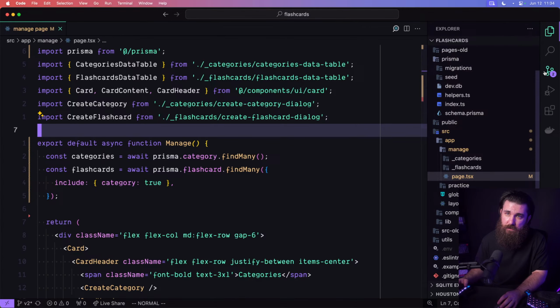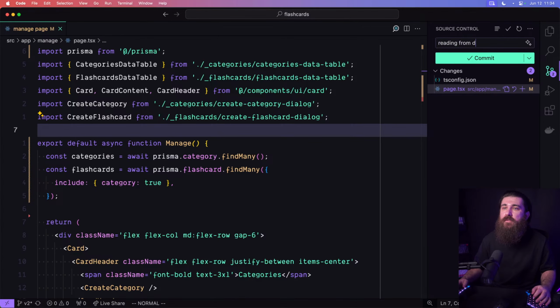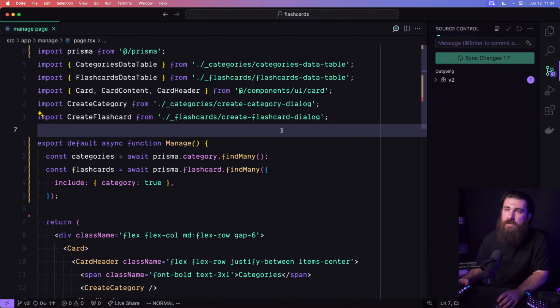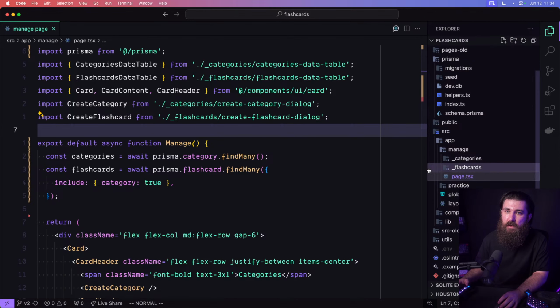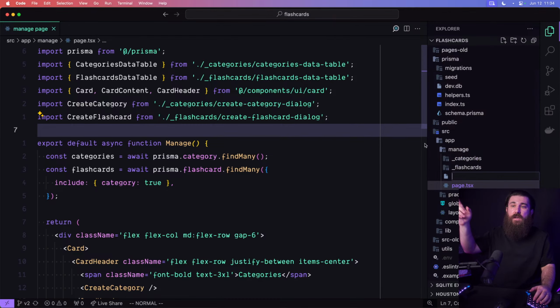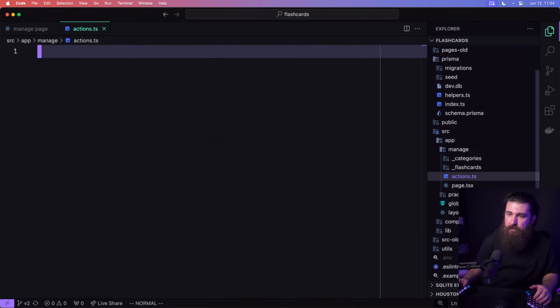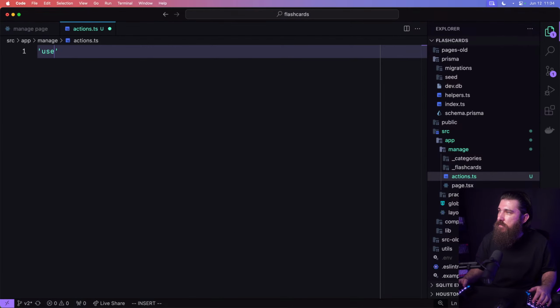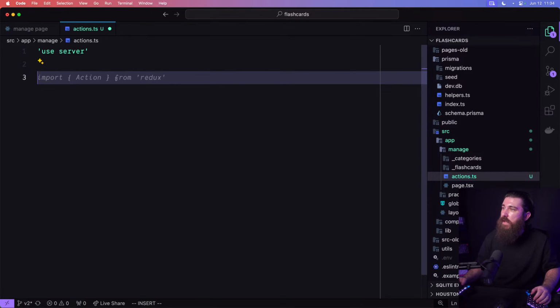First, I'm going to push this. Reading from DB. I'm going to push this. And check this out. We're going to create a file here in the app/manage, and we'll call it actions.ts. The actions are going to be marked by use server at the top because all of these are going to be server actions. And now we can just do exports